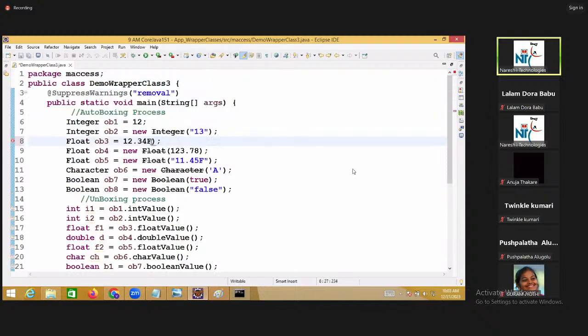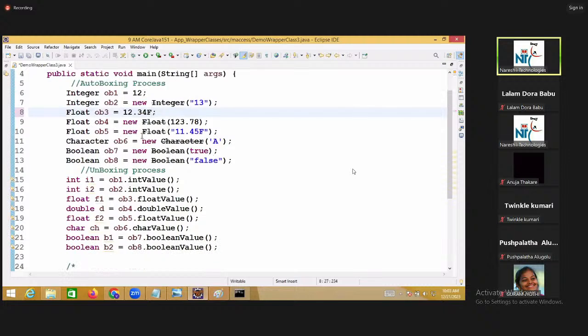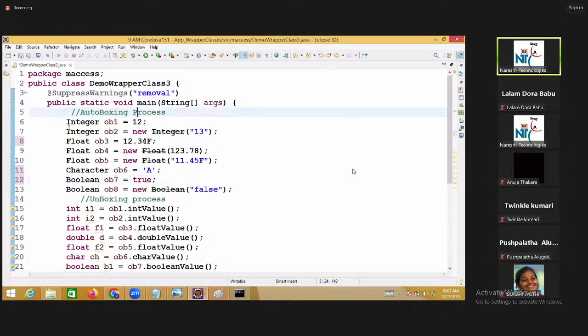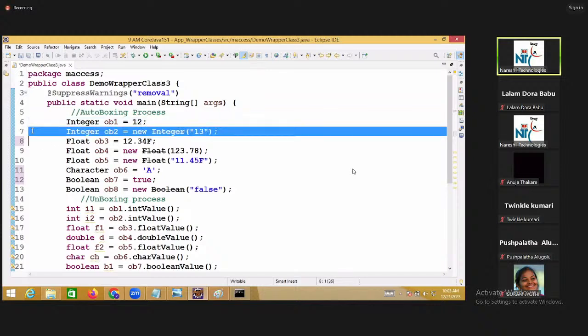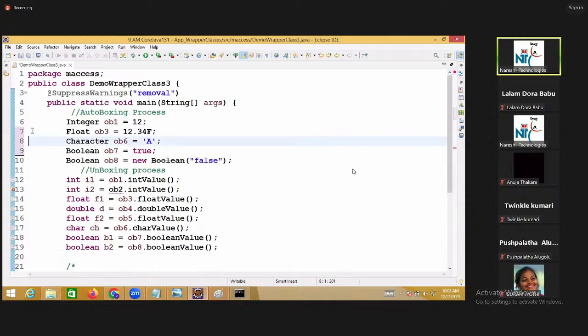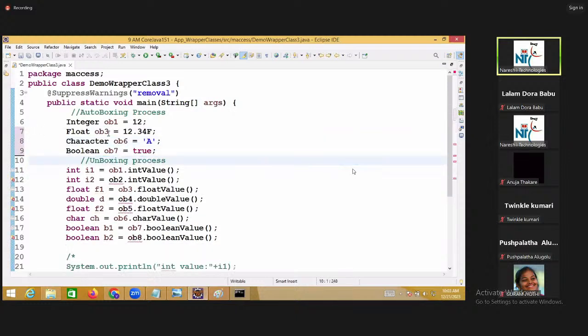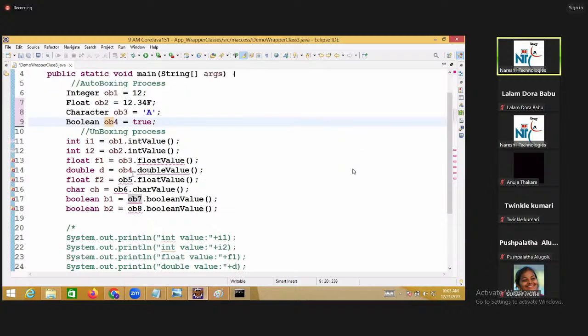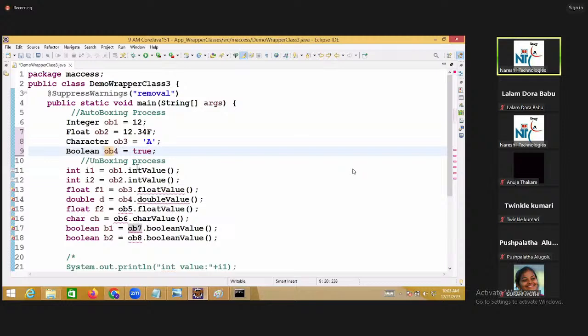This is auto box. No constructor here. Now, auto boxing can be performed on direct values. This is an integer value, no? Directly, right. Auto box will be in the direct ob1, ob2, ob3, ob4.